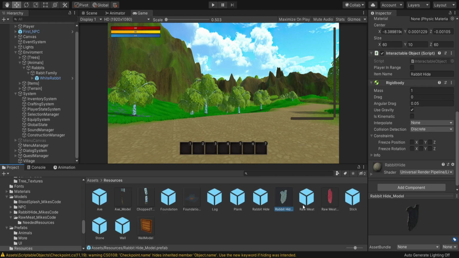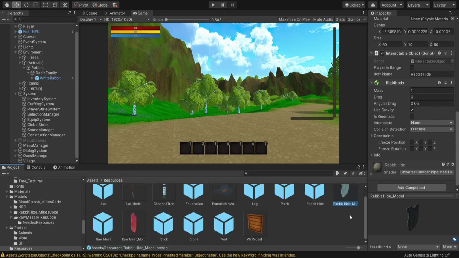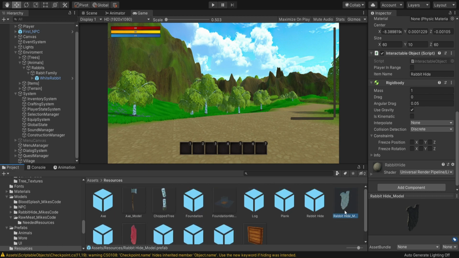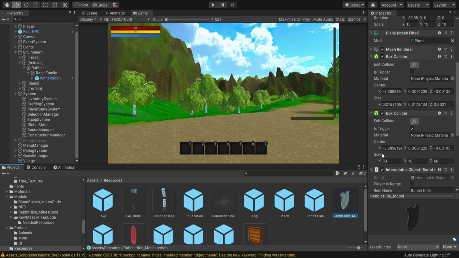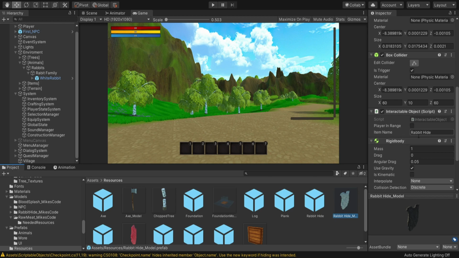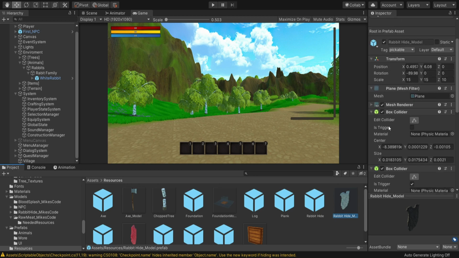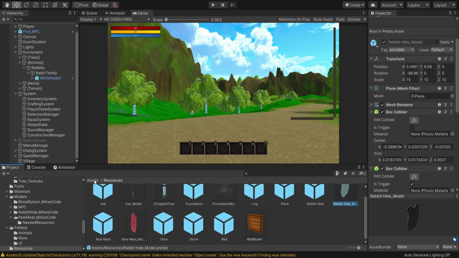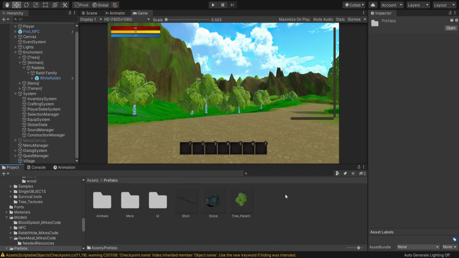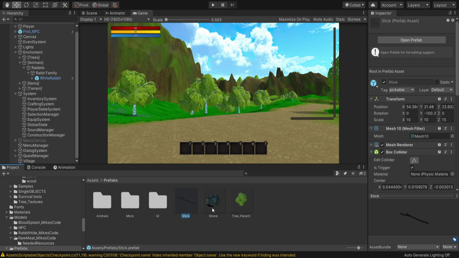And if you want to have these models, you can find a link in the description and you can download them and use them inside your game. But they're pretty basic, they don't look that good, so you probably don't want to use them in your final game. And these models, again, they have this interactable object script because we do want to be able to pick them up later. And they have this rigid body and this box collider, but this is nothing new. Just do it the same way you have the stones and the sticks and all these items that you always